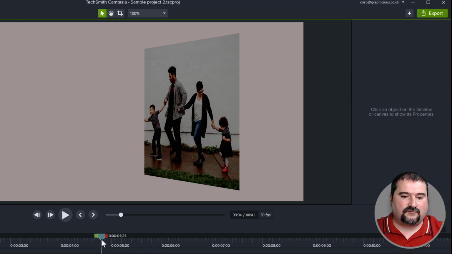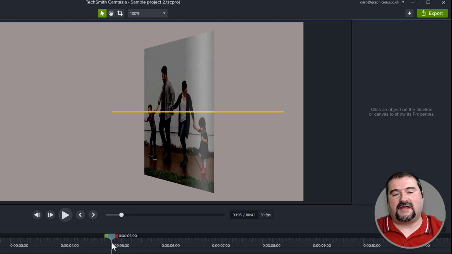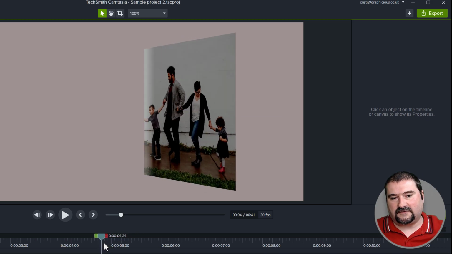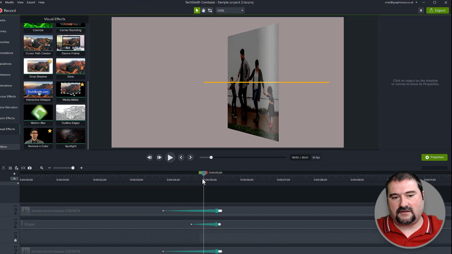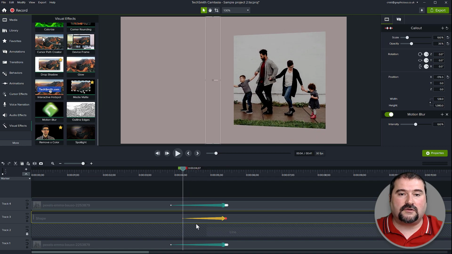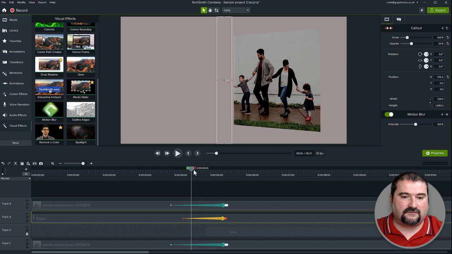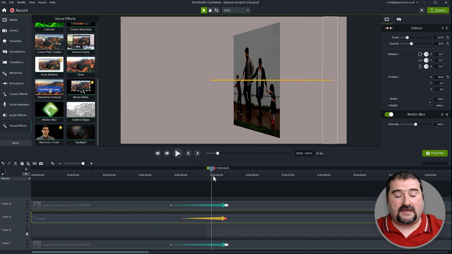Don't forget to save, of course. And there we go. Now this one kind of looks like the light is coming from the left, doesn't it? You see, look, as the page flips, the beam of light comes on the left. Of course, if you want this movement to start earlier, you can pull the start of the animation. You have complete freedom there over what's happening. There we have it. I kind of like it.